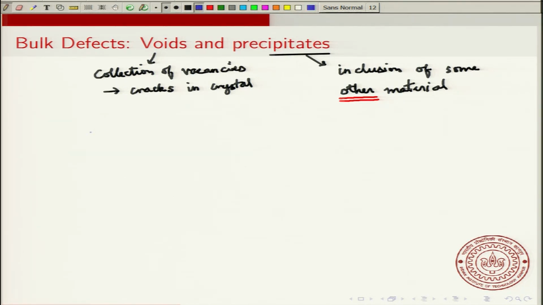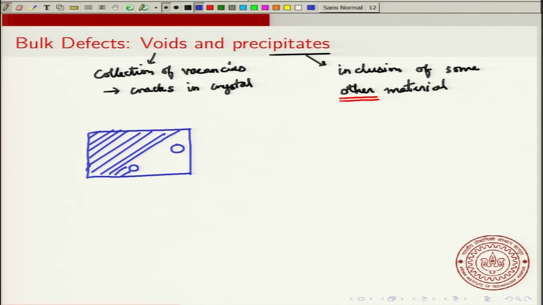So if you look at a crystal, the voids in the crystal would be like these regions where there is no crystal. So if all this is the crystal, all this is a region of the crystal, then the voids would typically look like this. So this is fairly large. What should be kept in mind is that an individual vacancy refers to one missing atom, whereas a void is a very large collection of atoms. So typically voids are large, of the order of nanometers and more. Okay, so nanometer size, and then inclusion would look